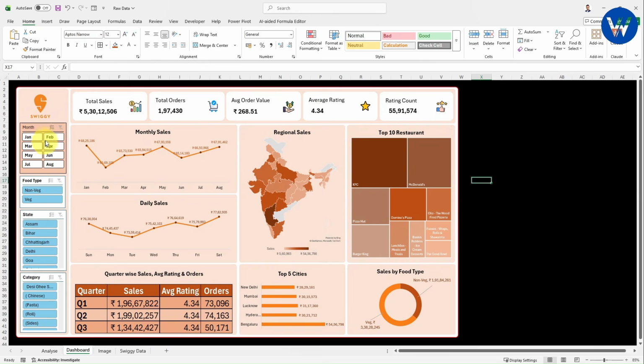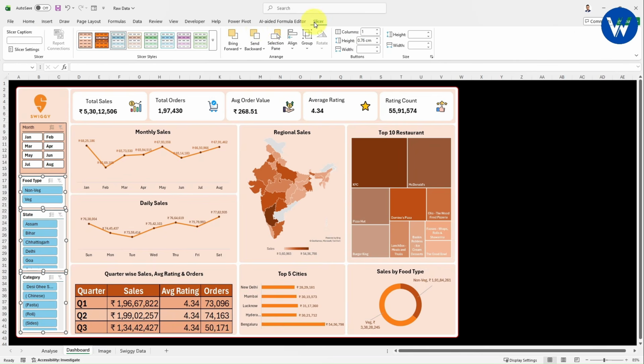If you notice carefully, wow, it is looking completely professional, right? Let's suppose if I click on January, now it is looking completely professional. In this way, you can give the formatting for the slicer. Now I want to apply the same formatting for all the slicers. It is very simple. Just select all the slicers in this way.